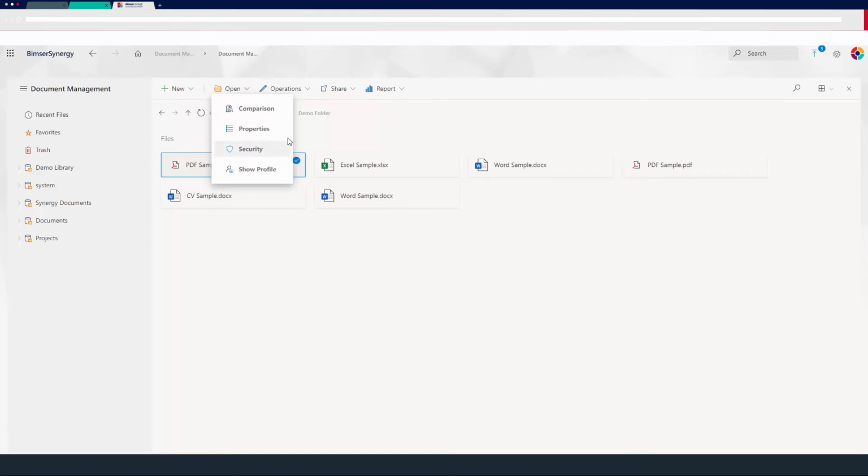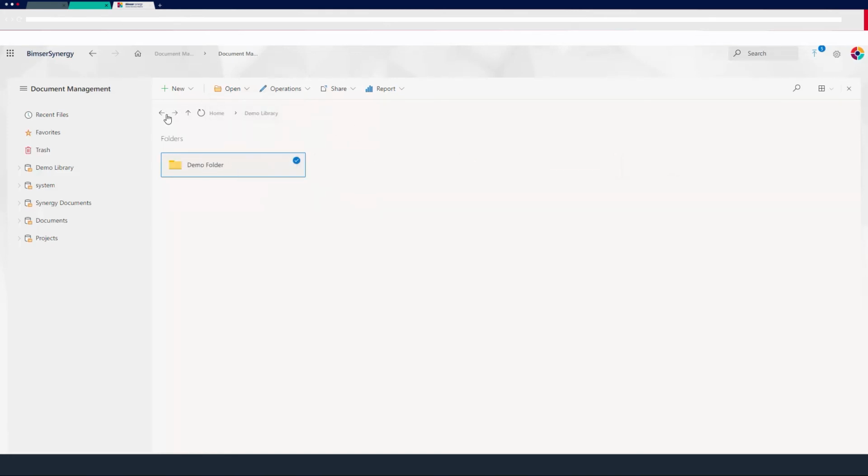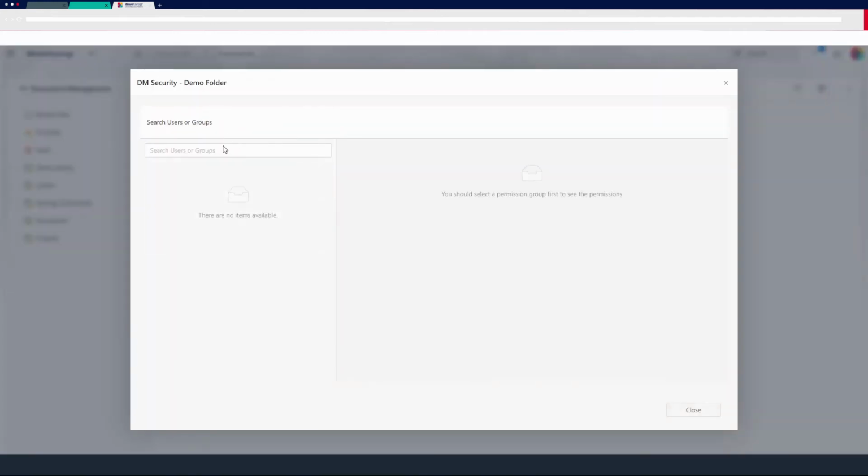Beyond that, let's continue with the security options. Let's do this from a folder. Let's say I want to change the security settings of this folder. On this tab, I can change the authorization settings in my company as a group, as a department, as a profession, or as a user.